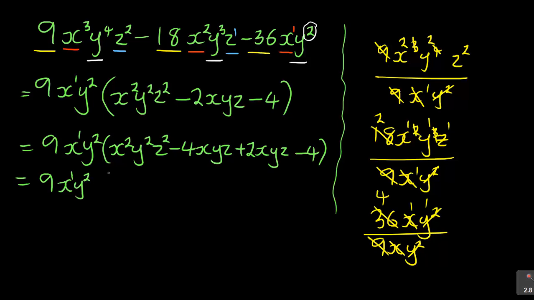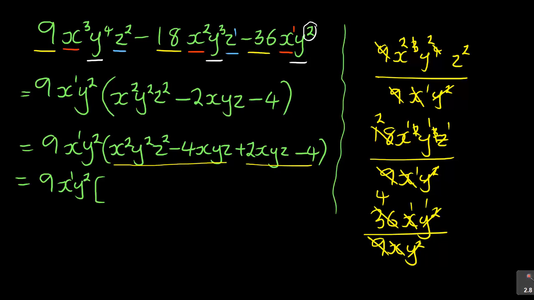9x y squared. Now you do the grouping that I did previously to say group the first two, group the last two. So if you are going to do the grouping, you see I applied the product method, but you can just text me or send me on your YouTube to say, please can you emphasize that question if ever you don't understand what just happened here. Just take note of it.